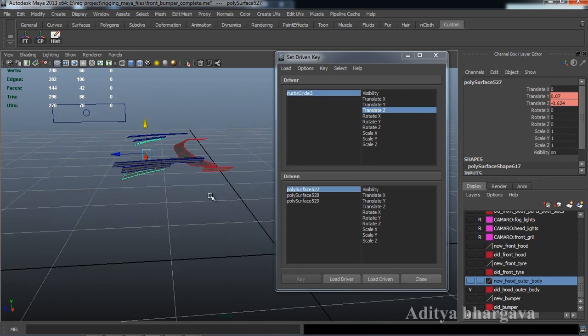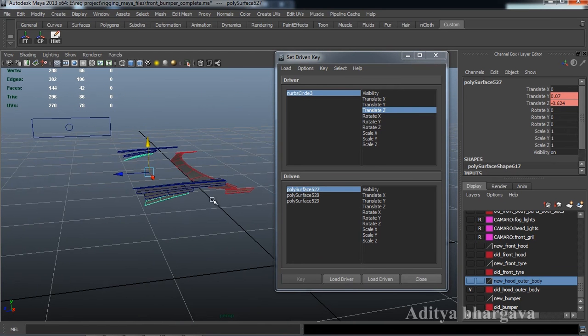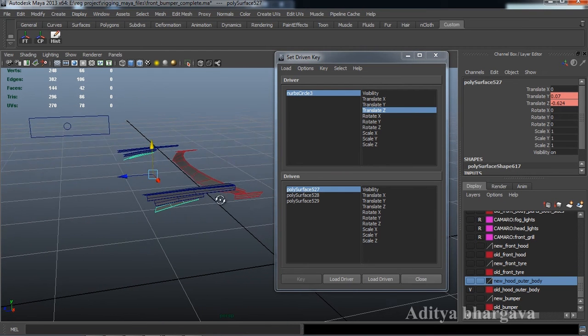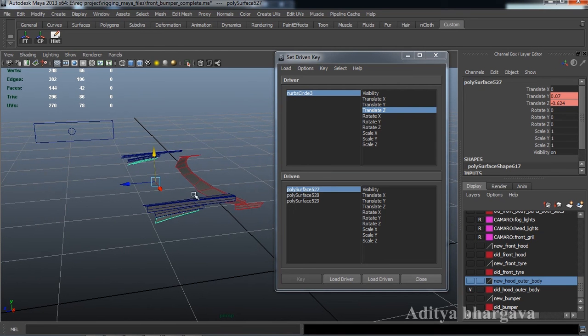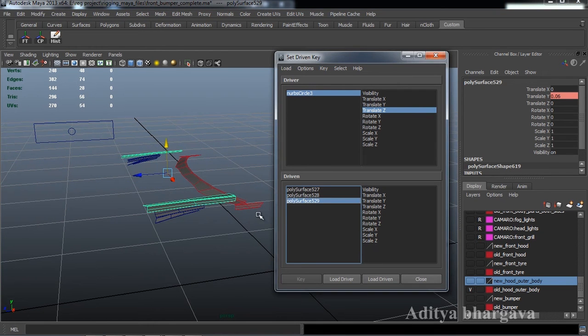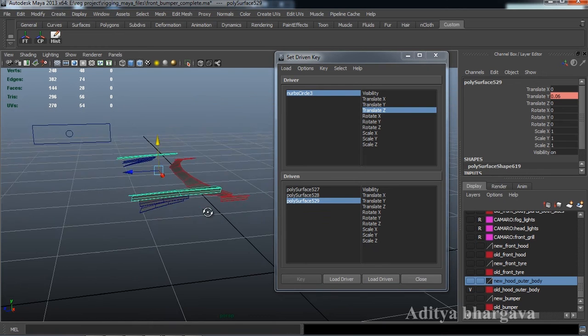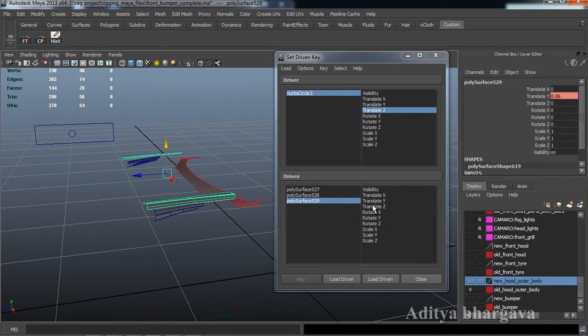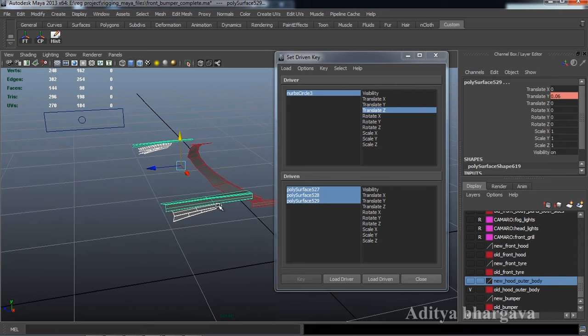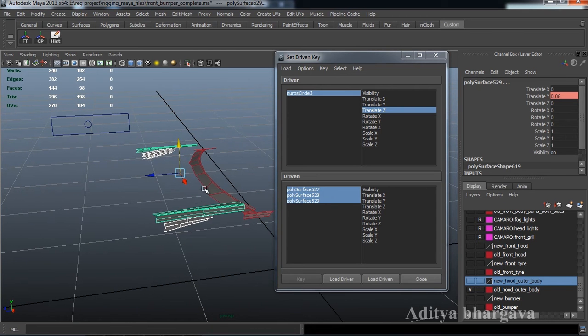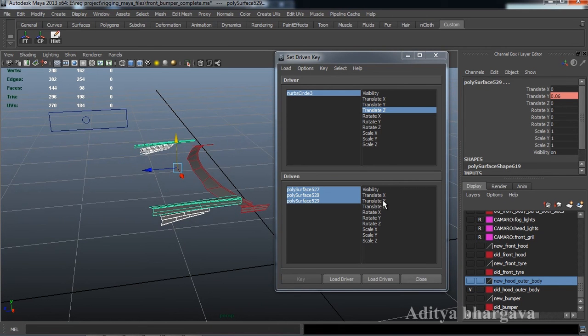select maybe the biggest one, select all three together. That would be a much easier and a much faster way. Select all the three, take the Y axis